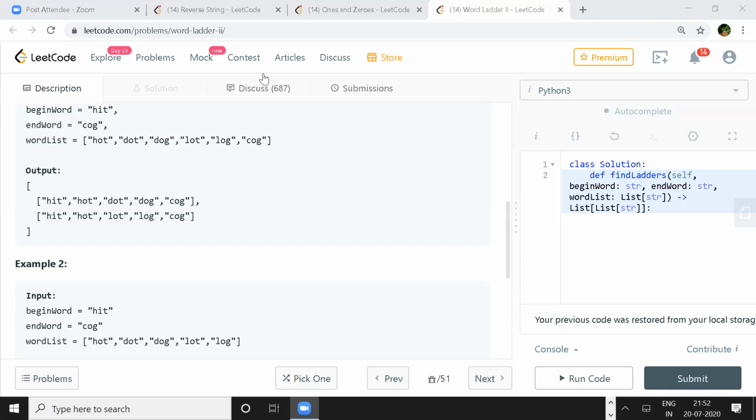Take that path and build on it. When you go from HIT, you keep changing each and every index. If you end up getting the word hot, take that hot word and do the same thing we did for hit. Then you keep on finding any other word.